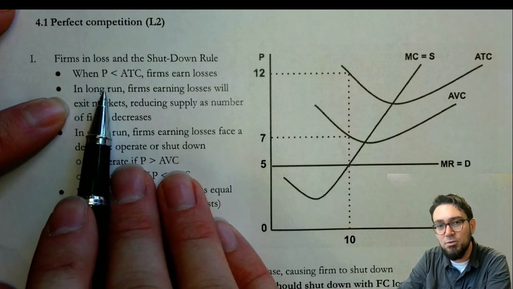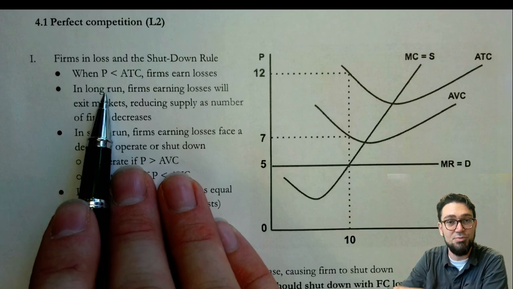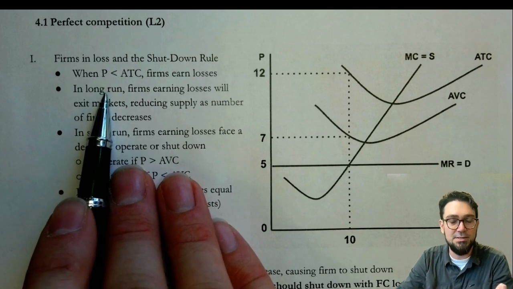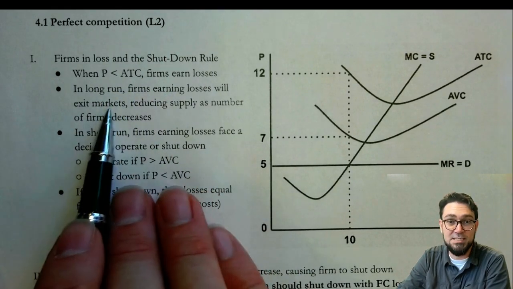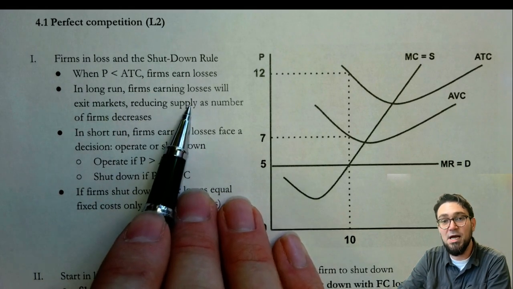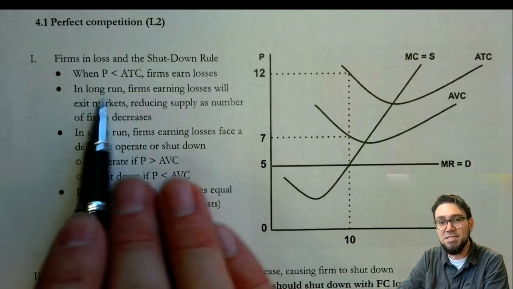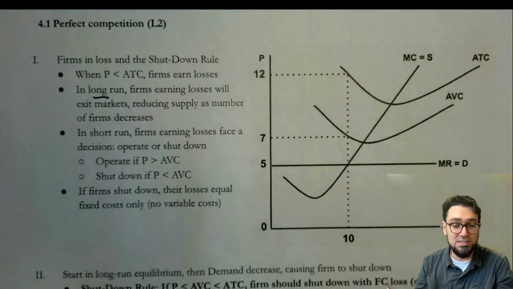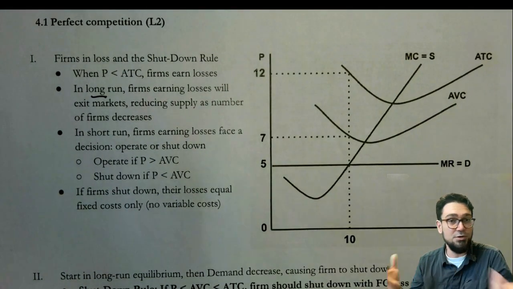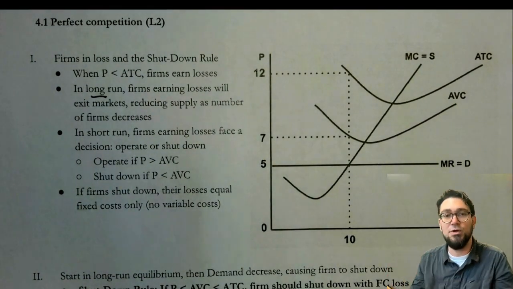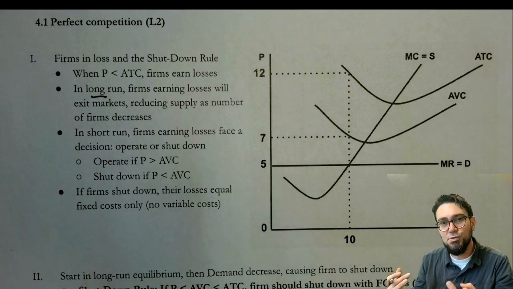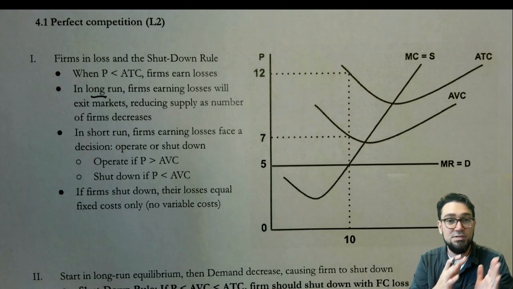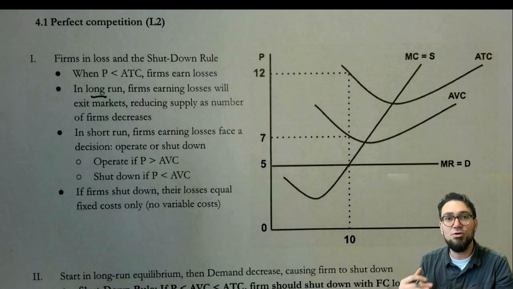Now, we know that in the long run, if you're earning economic losses, you shouldn't be doing that thing. That's what economic profit and loss tells us: should you do it or should you not do it? And if you're earning a loss, then you should exit the market, and that would reduce the supply as the number of firms decreases. That's only happening in the long run when firms can change their fixed inputs. Remember, in the long run, all your inputs are variable, so you could say, no, we don't want to be in this business anymore. But in the short run, you have a choice between operate or shut down temporarily, but you would still incur your fixed costs if you were shut down temporarily.